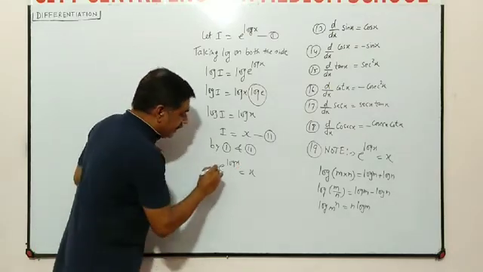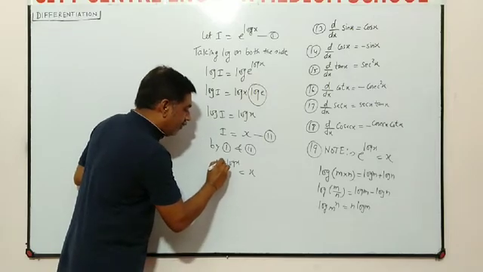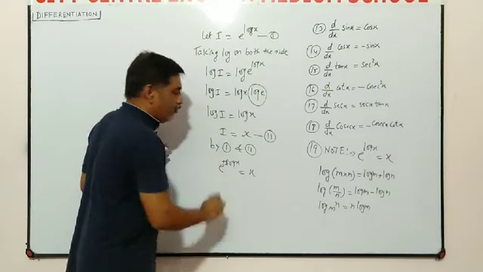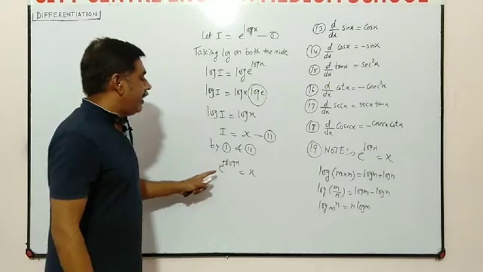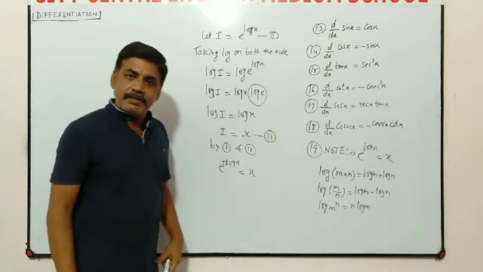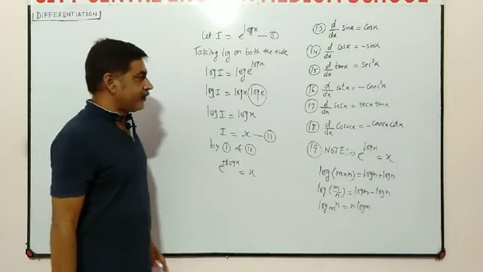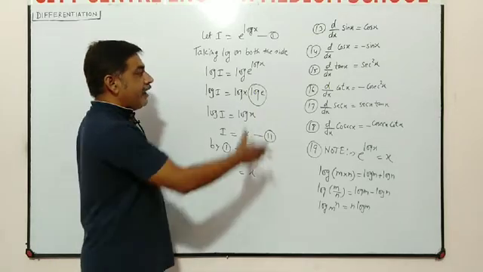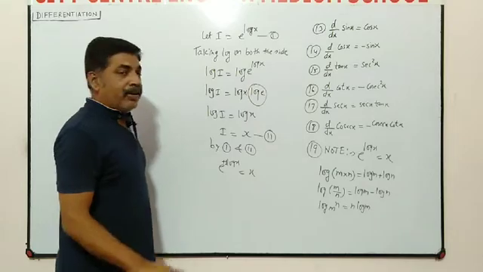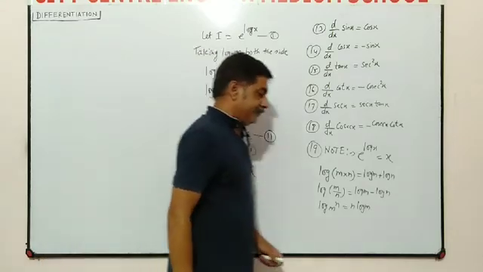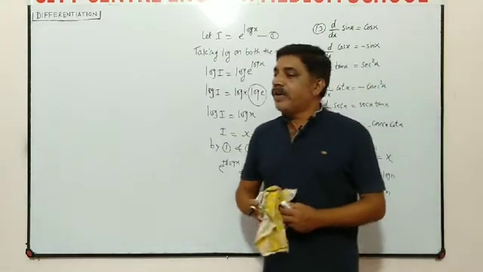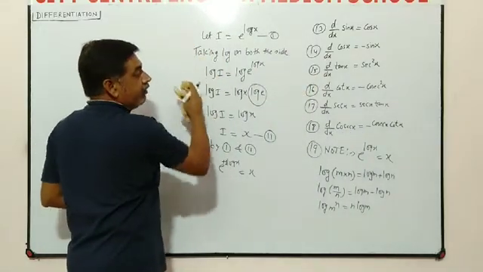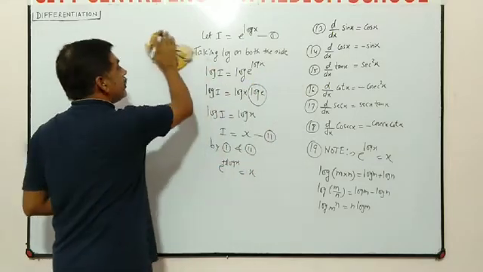So the condition is that the sign of log x should be positive and its coefficient is also 1. Then we can write e raised to log x is equal to x. Now take some questions related to these formulae. We also read formulae 1 to 12, so a combination of 18 formulas. We have to see the questions.